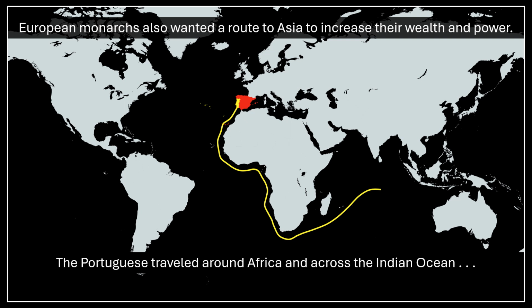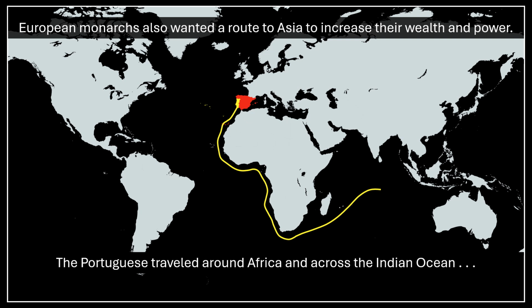And the reason Portugal has a jump start on everyone else is because of a prince, Prince Henry the Navigator. Prince Henry was one of those not crown princes. He wasn't first in line for the throne. And so if you were a prince but you weren't first in line, you kind of had to do something with your time. Some of them would go into the military, some would be advisors to their father. Henry decided he wanted to be an explorer.